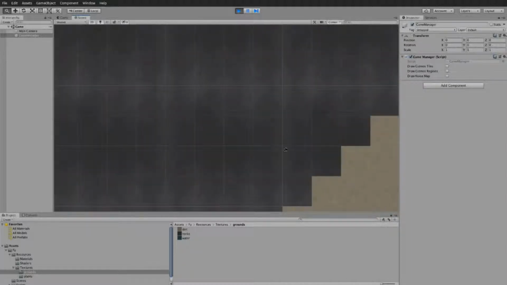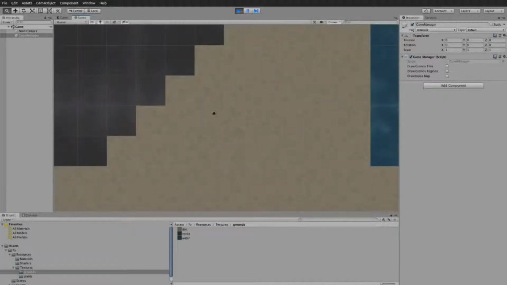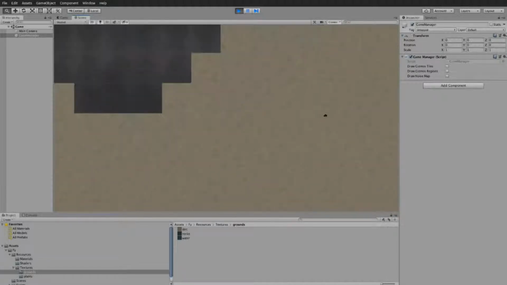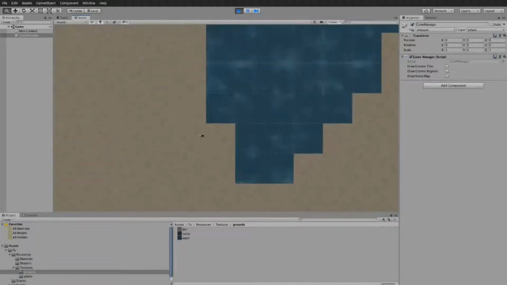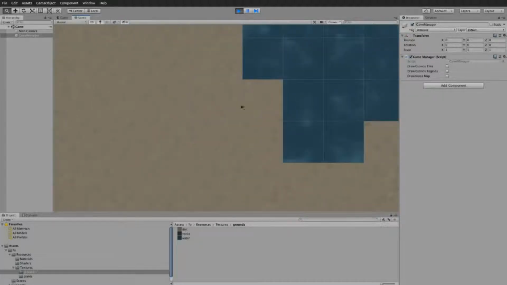There is too much of a difference of color here. I need to lower the shadow for this, but that's some details. I need to grayscale this. And water is weird. So,